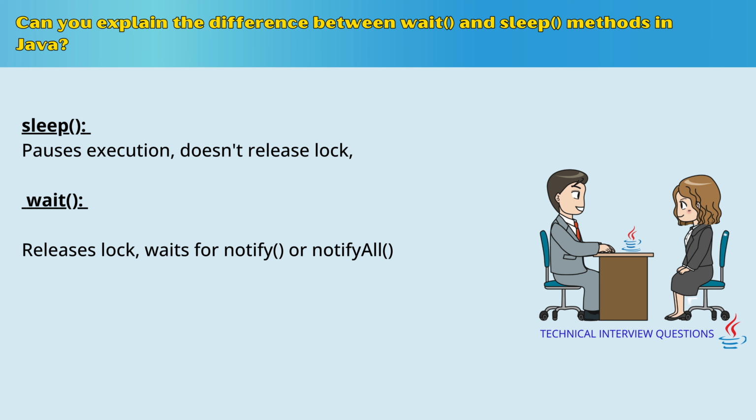It's used for inter-thread communication, particularly in situations involving thread synchronization. When a thread calls wait, it releases the lock it holds on the object and enters a waiting state until another thread calls notify or notifyAll on the same object. This is useful in scenarios where threads need to wait for some condition to be met before proceeding. For instance, in a producer-consumer scenario, a producer thread might wait until there's space in the buffer to produce more items, while a consumer thread might wait until there are items in the buffer to consume. The notify method would then be used to wake up the appropriate thread when the condition is met.